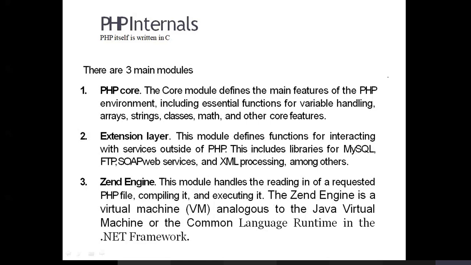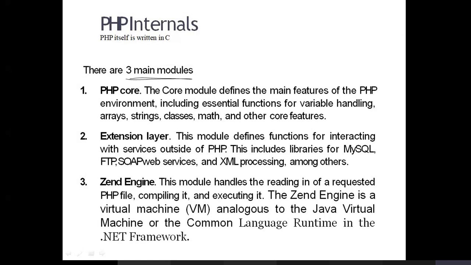Now PHP internals contain mainly three modules: one is the PHP core, then the extension layer, then the Zend engine. These are the main layers. What functions happen in each of these layers?